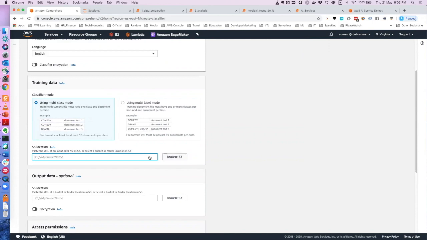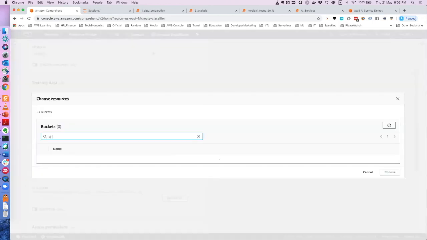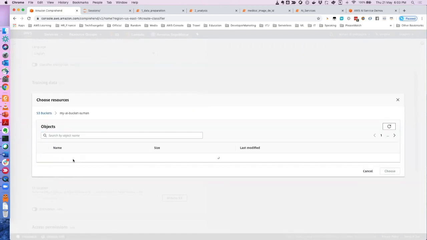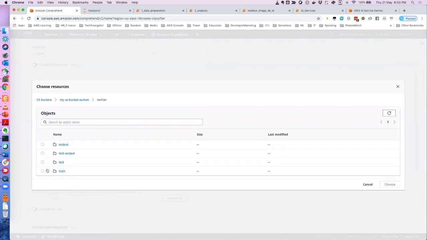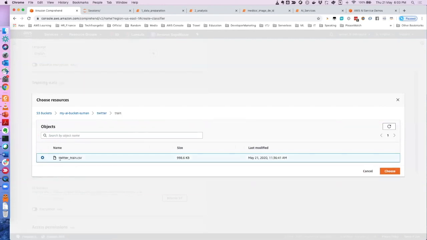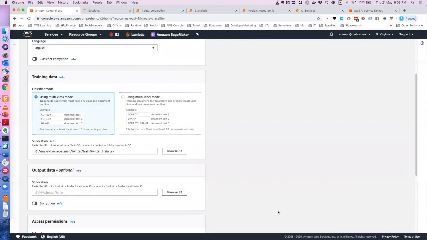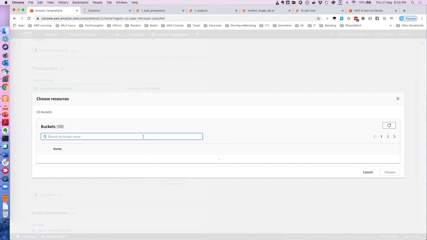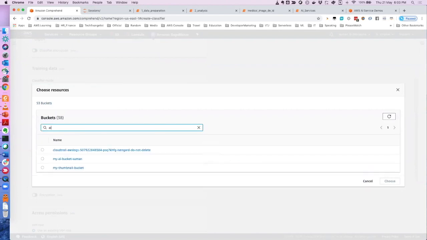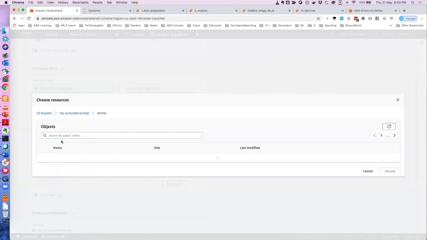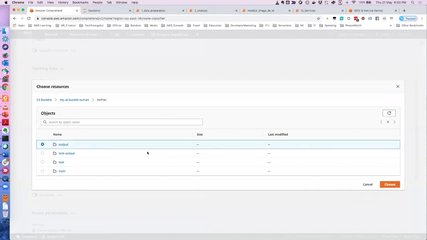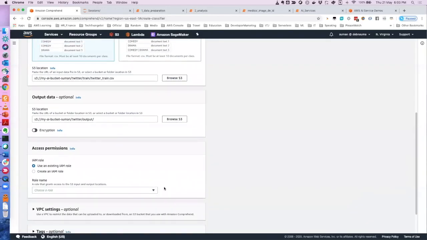And then you have to select the S3 location. I know where I've saved that training file, so I will go to that, and you can just select the folder, or you can go inside and click on the CSV as well. Anything works. And then you have to give the path for output, where after training it will store the model, or the artifacts, whatever you call it. So you can select some bucket, let's say output, choose. So now we are done with giving the data source, right? This is the input data or the training data, and this should be the output.